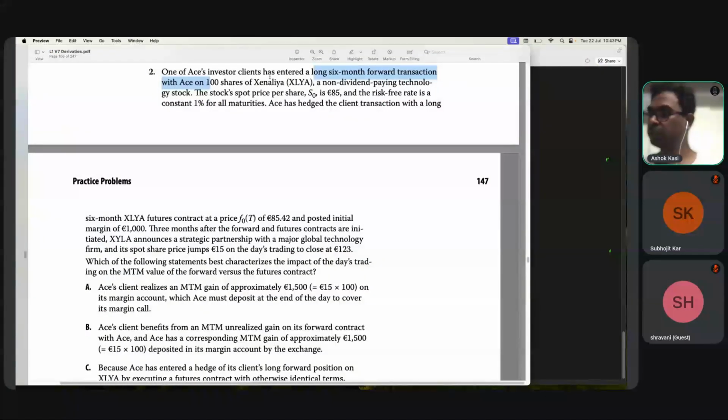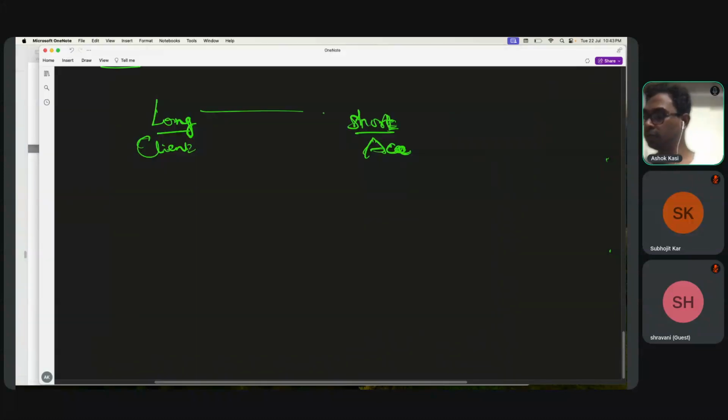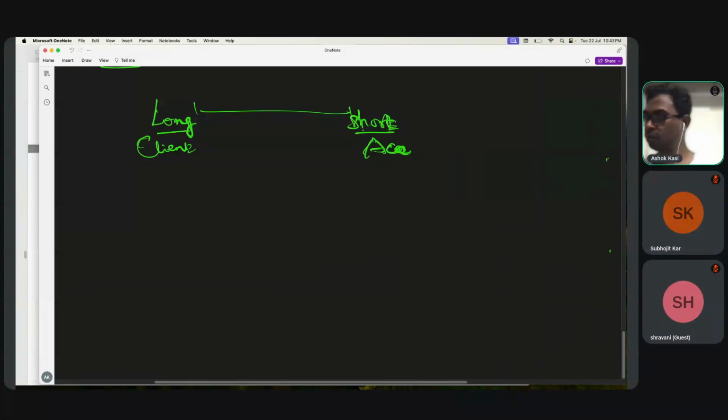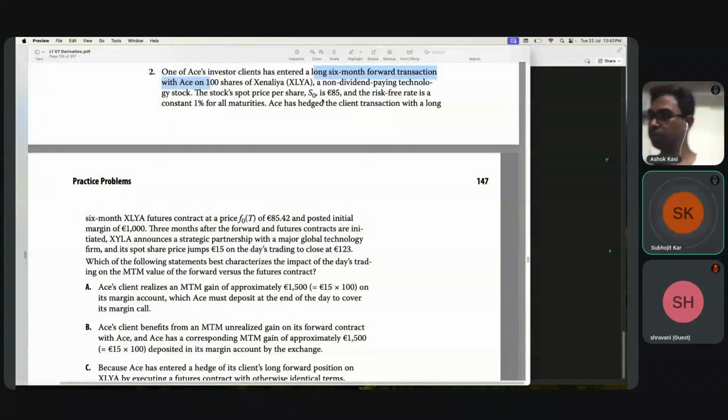One of ACE's investor clients has entered a long 6 months forward contract with ACE on 100 shares. We are speaking about the client, no? So 100 shares, and the strike price is 85.42 euros. Now the stock's spot price per share is 85,